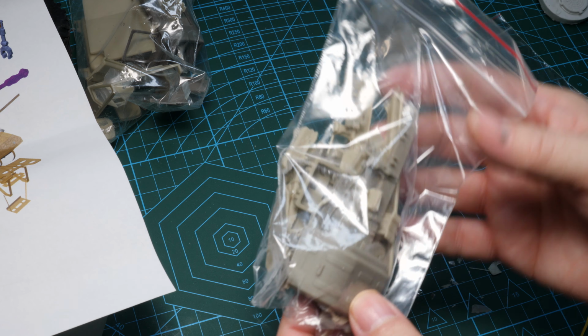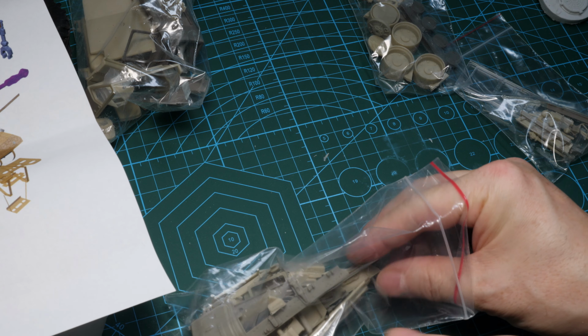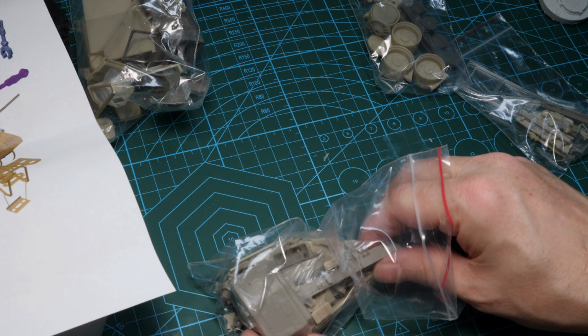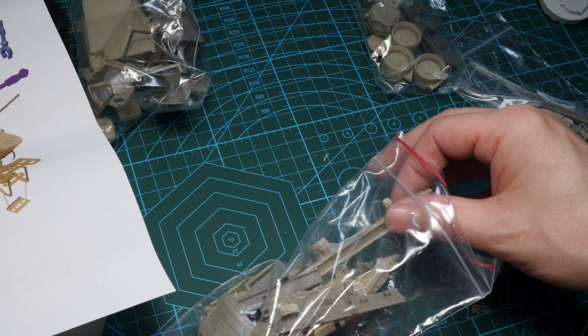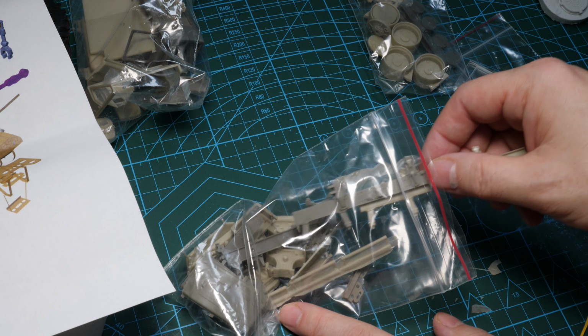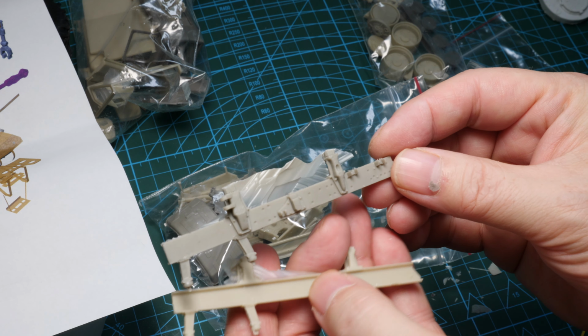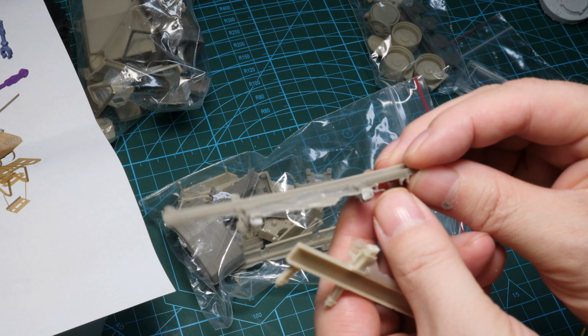I'm not going to open up this pack. Well, actually, I think I will. I think I will open up all these packs. I want to show you some other detailed parts, and I want to get an impression of what this model's like, but I'm not going to pour it out. I'm going to pull out some parts. So here's the chassis rails,